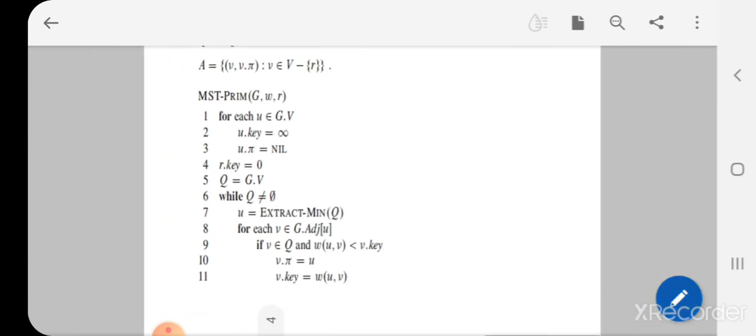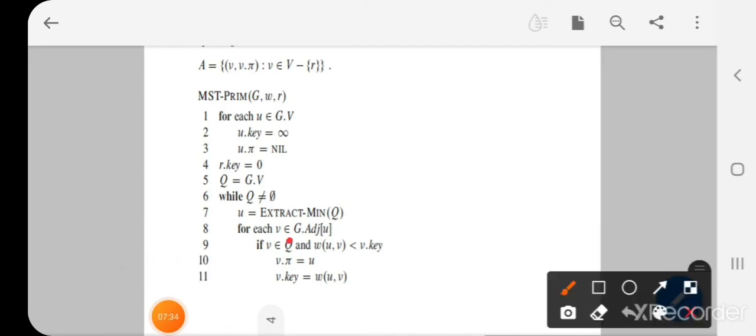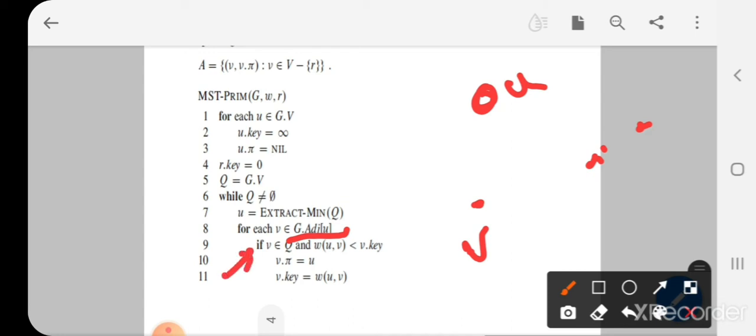And the next step is we are searching the adjacent of U. So we are selecting a vertex U, which is the minimum vertex, and we are searching the adjacent of U, that is V. And for each V, we check that if V is in Q, that is our Q vertex,